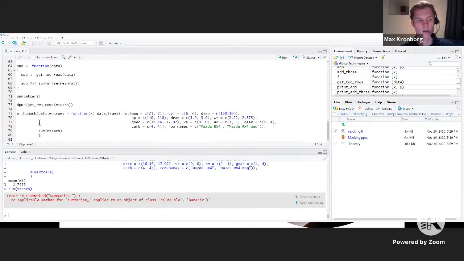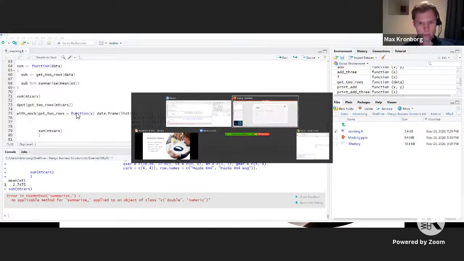So placing this call with mock in your test in order to sub out the get 2 rows result is kind of a way to neatly separate these units. So you don't get a flow of errors in your test all the way from the one that's actually broken through to everything else. So that's conceptually how unit testing works.